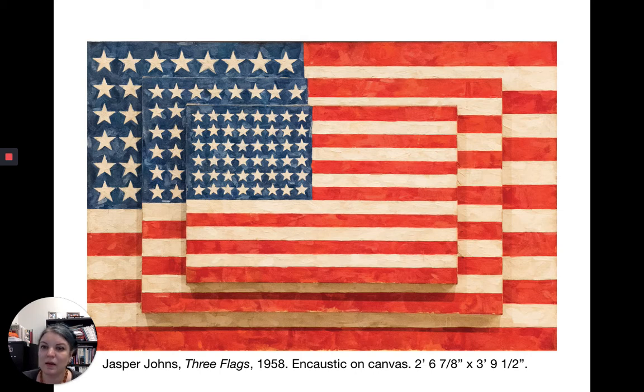He tended to paint in series, so he'd paint a variance on the same thing over and over again. And he'd focus on a common thing in each one. So this is from a series of paintings he did about the American flag. He also did a series of paintings with targets. He did several series with targets. He did one with maps of the United States. He did one with alphabets. He did one with numbers. So paintings like this one, which is called Three Flags,